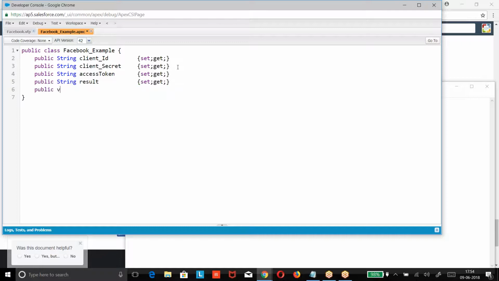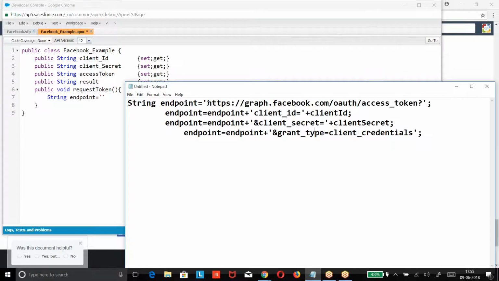So we are making a request. So we are going to give endpoint equal to what is the URL we had.